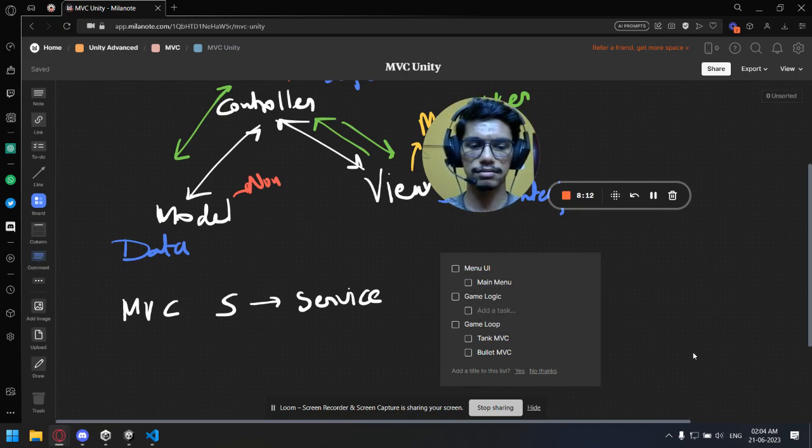These are all separate from each other. So you don't want these MVCs to communicate with MVCs of other compartments. You should not allow that to happen, because that will increase coupling. Any change of code in one area will affect the other compartments, and you will have to go there and change that too. So in order to prevent that, we can go for MVCS,